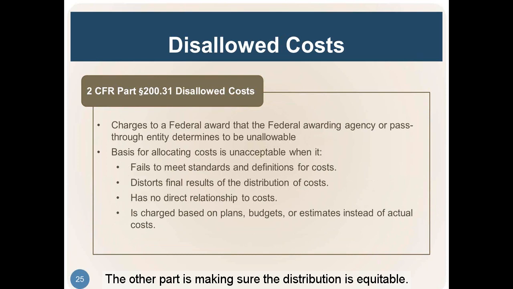The other part of this is, again, making sure that the distribution is equitable. And again, this kind of comes back to if the agency, the intake office is running multiple programs, that they are treating those programs in a proportional manner, that they're not just trying to charge it all or mostly to one program, that that's not really in actuality how that program is using resources. So that percentage share should really reflect how the resources are being used by these different programs.